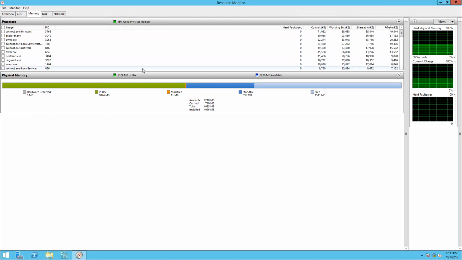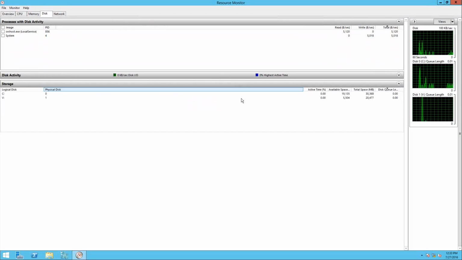And you will see detailed information with a graphical interface of the used physical memory, or the standby memory or free memory that is not used at the moment. Under disk, once again, you will see the available space, the disk queue length, and if there is a disk queue length, for example, if you have a SQL server or Exchange server that contains a database, you will see that sometimes this disk queue length can grow up, and this can